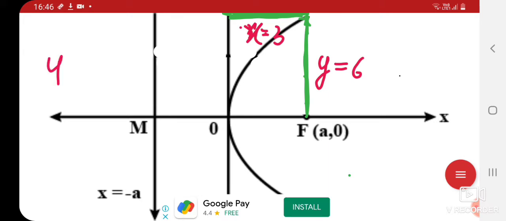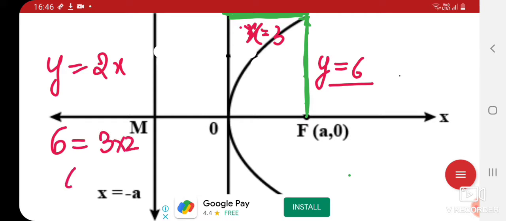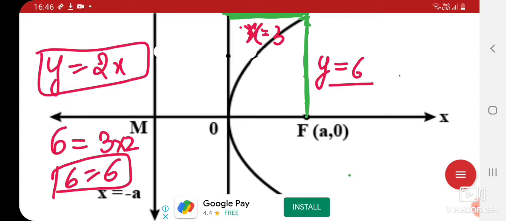You will observe that this satisfies that y is equal to 2 into x, as we have proved before. Here this 6 will equal 3 into 2, which satisfies the equation that we have formed. So here the conclusion that comes out is that you can all the time, by observing the equation,